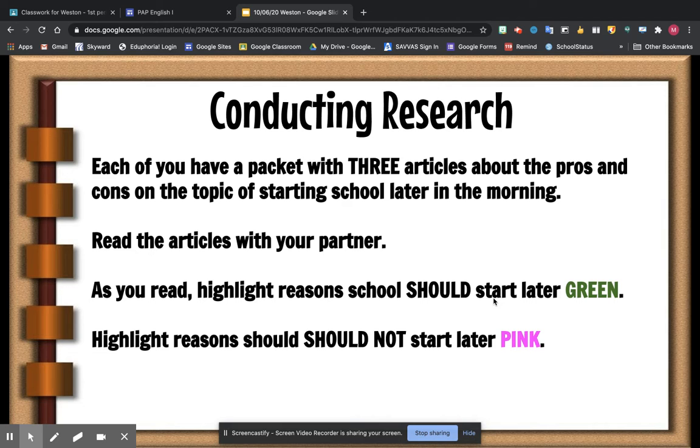Good reasons schools should start later, you're going to highlight those green, and then you're going to highlight reasons schools should not start later, and you're going to highlight that pink. So let's go to Google Classroom,